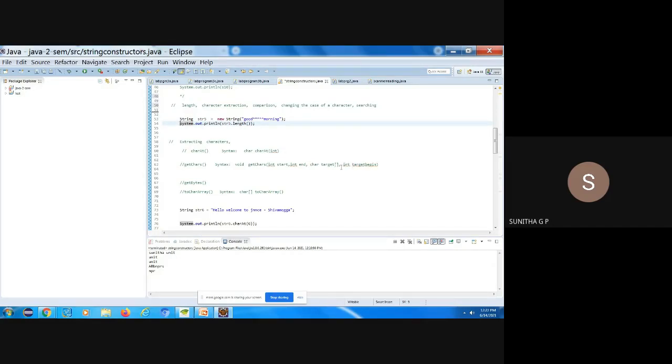Target position means I'll have JNNCE Shivamogga. Okay, that is the string I have. So I am telling here, extract the characters from the 5th position till the 8th position, and store that in the str variable, and the characters stored should start from the index 0. In our index, if I change these values, the blanks will be added at the beginning.